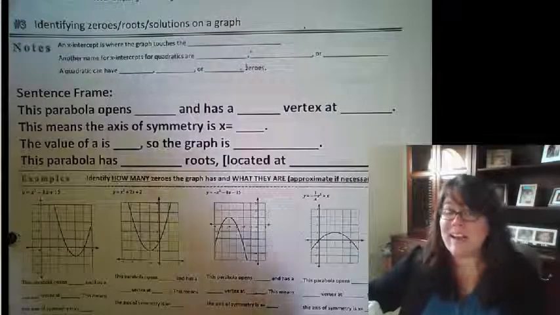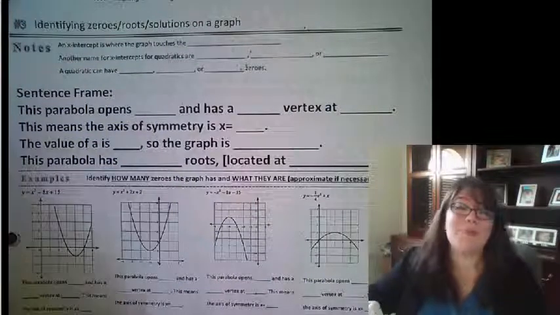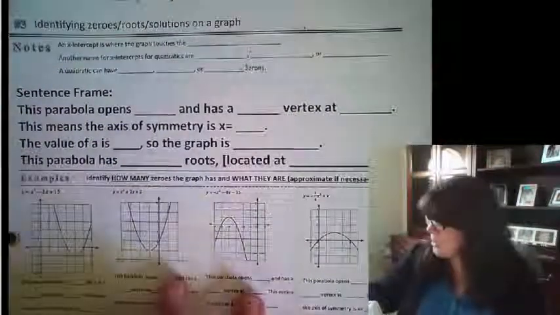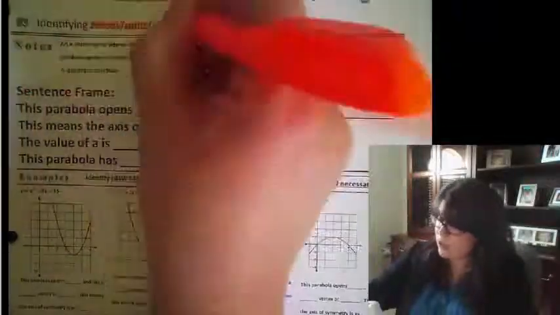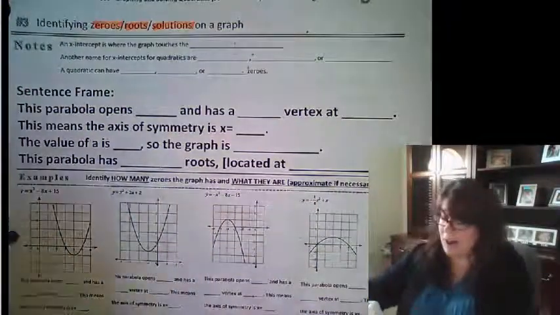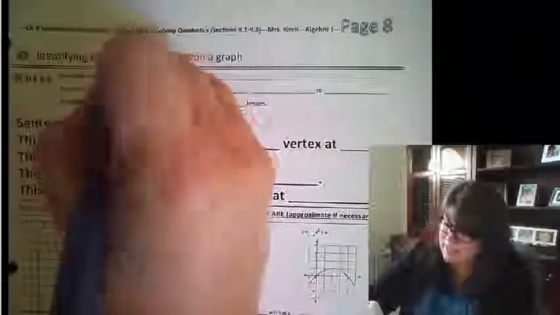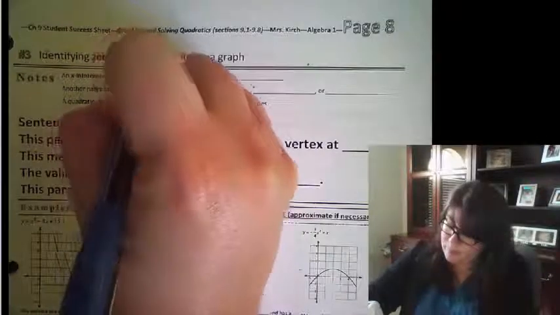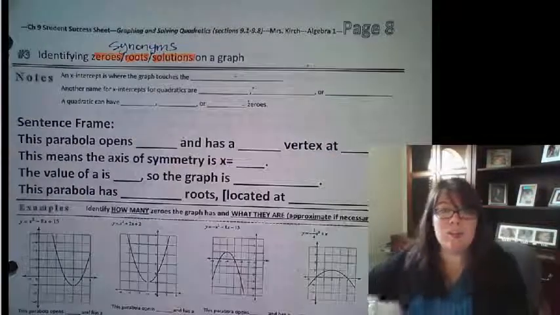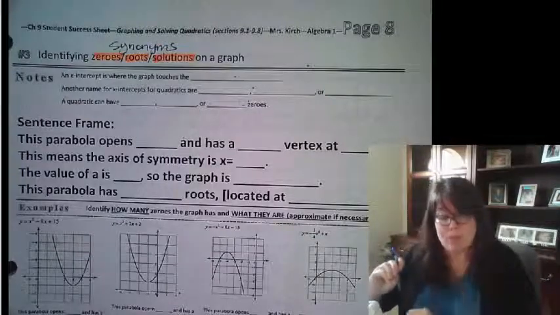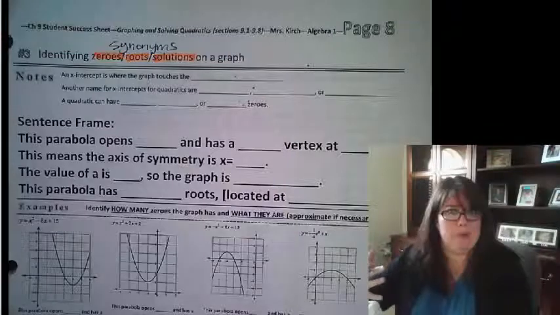Welcome to Chapter 9a, Concept 3, where we will be talking a little bit more about parabolas. Today we're going to talk about finding the zeros, roots, or solutions on a graph. And zeros, roots, and solutions are all synonyms, which means they mean the same thing. They're words that we can use interchangeably. Okay, so we're going to be looking at what are zeros, what are roots, and what are solutions when we're